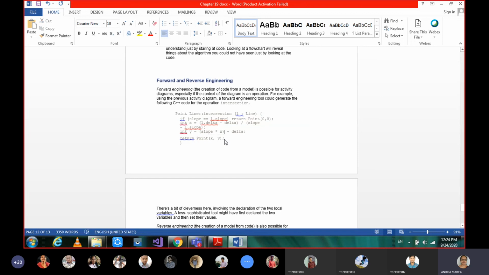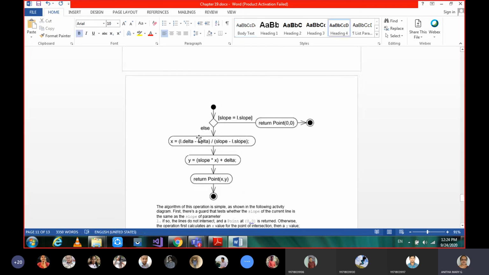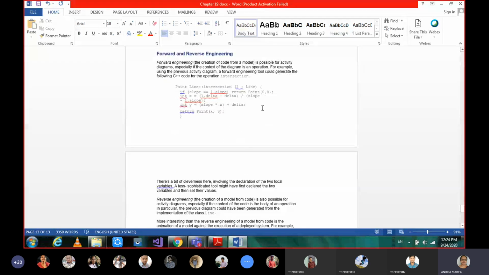However we have given in the graphical notation, the formula for calculating x and y is given, so only those things will be taken care of. That's how a model will be forward engineered in order to get a code. I hope it's clear now what forward engineering is and what exactly it is doing.